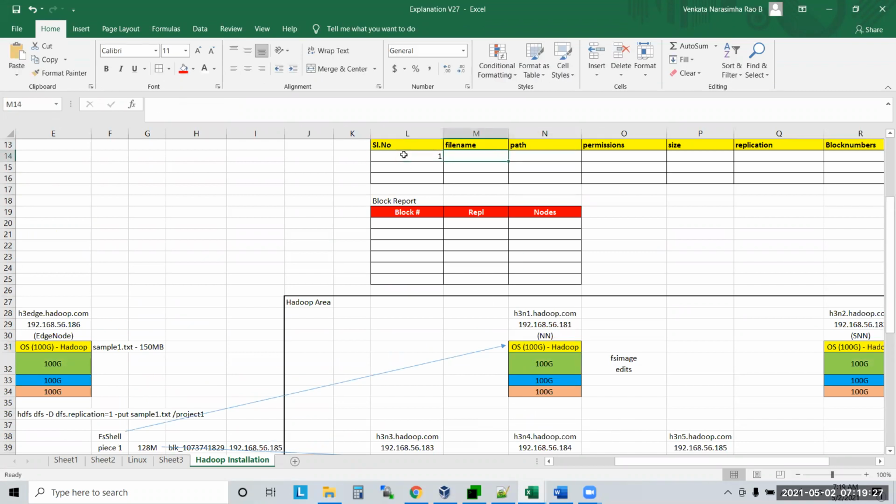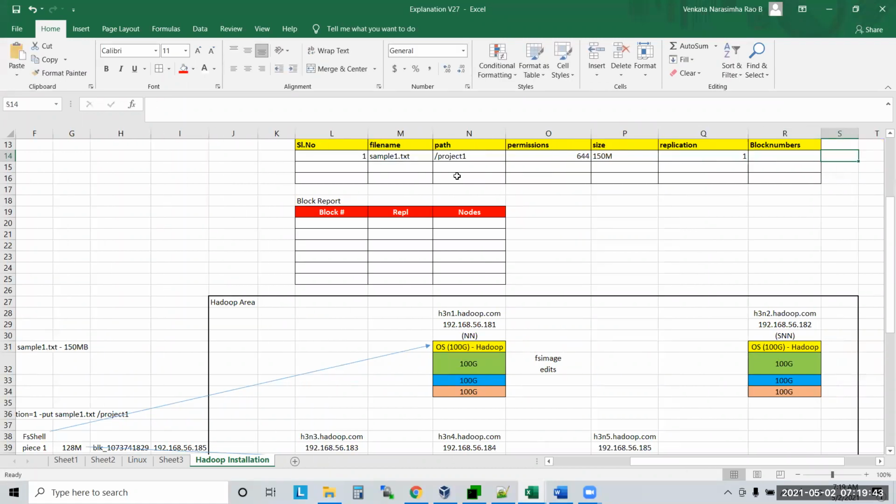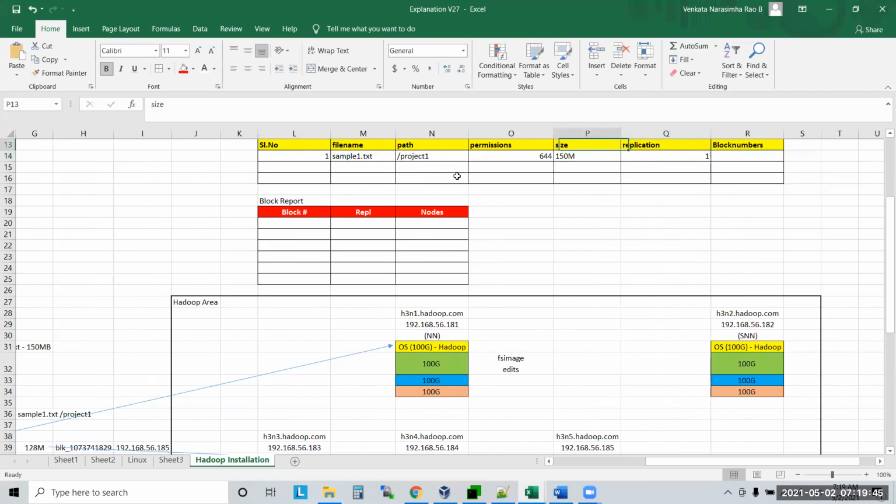Serial number 1, file name sample1.txt, file path project1, permissions, let's say 644. Size, what is the size of this file? 150 MB. What is the replication factor? 1. File size and block size also are here guys. This is the file size.